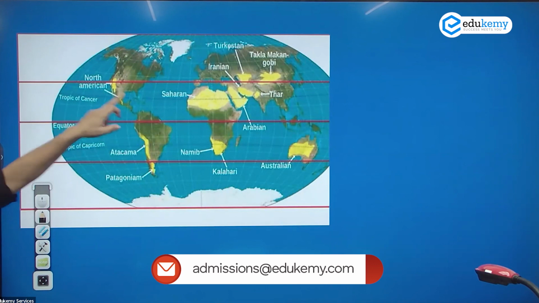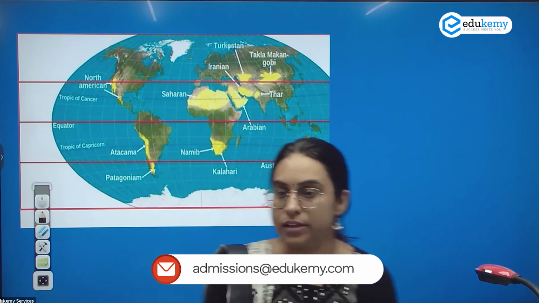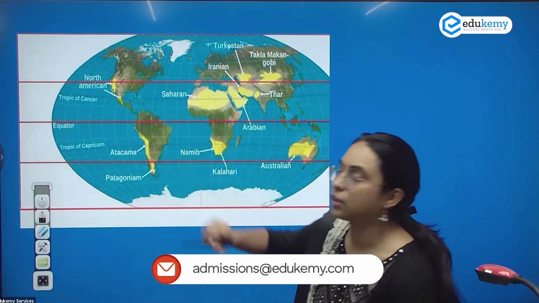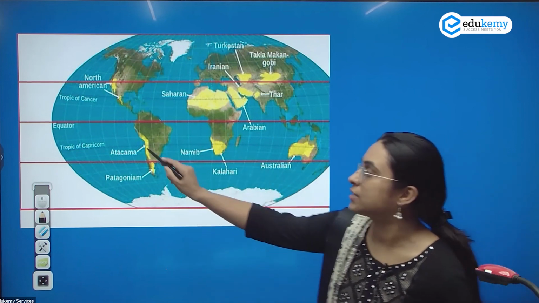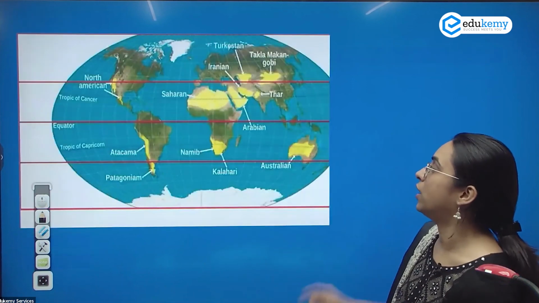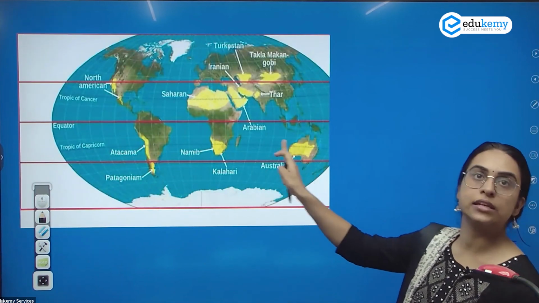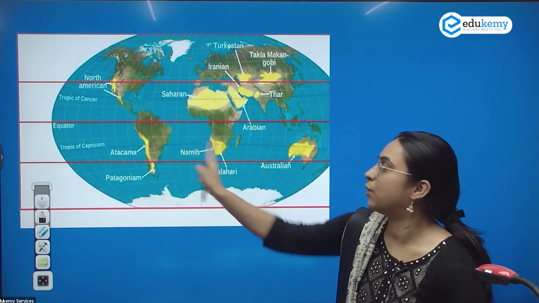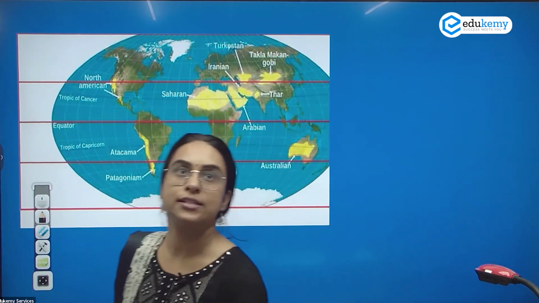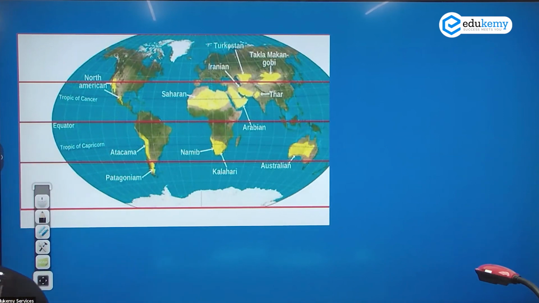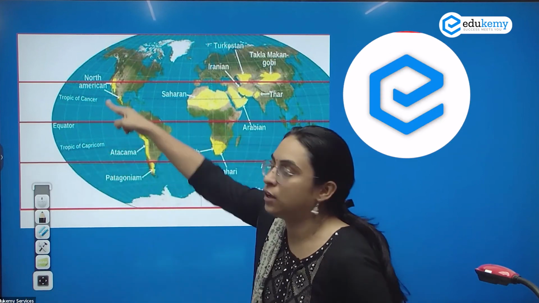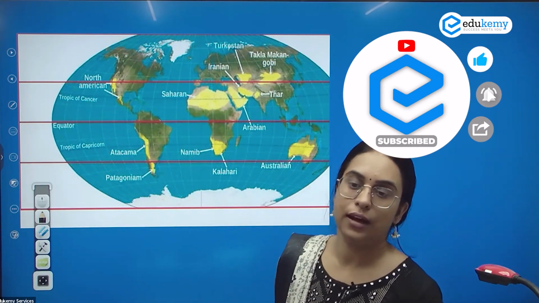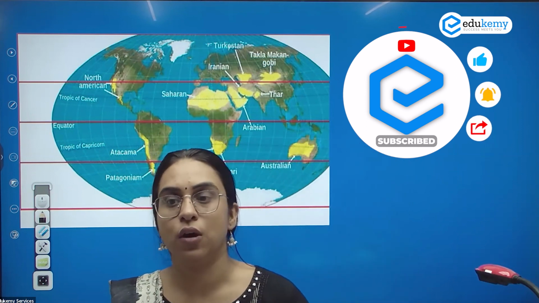Okay, if you look at the deserts, they are majorly in the subtropical belts. The Sahara Desert, the Atacama Desert, the Great Australian Desert, the Namib Desert, ये सब subtropics पे ही हैं. These are all at the subtropics. The Tropic of Cancer and the Tropic of Capricorn are shown. So look at Sahara Desert, Thar Desert, Atacama Desert, Great Australian Desert, Arabian deserts. They are present along the tropics, the subtropical high pressure belt. Yes. So this is your Ferrell's model.